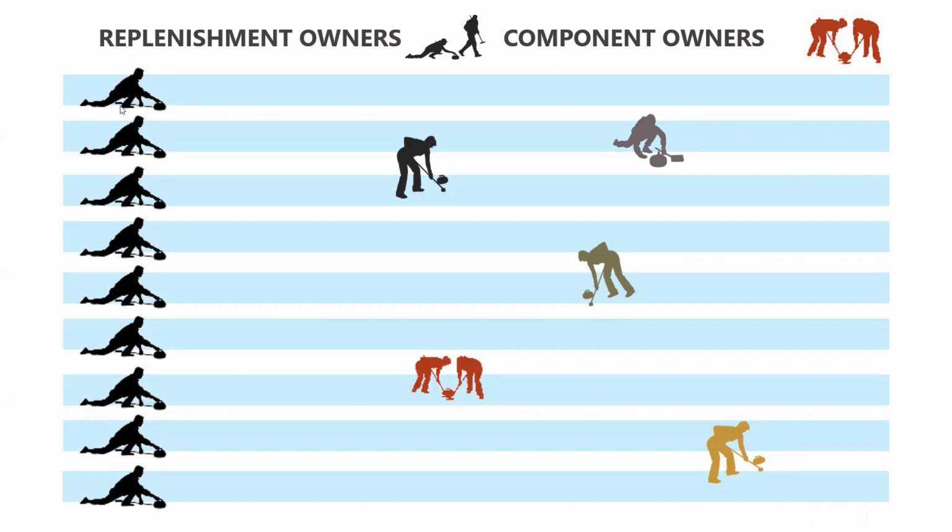Replenishment owners are still doing their thing. The component owners are coming along, scraping, refining, adjusting, some big bold changes, some little small changes. There's so many things they can do. There's so much data now that shows us what's what. When you look at that picture, does that make sense to you? Makes sense to me. And again, we'll go back to the word specialization. Specialization does not mean working in a silo. It means being focused, being an expert in a common area, demand forecast, lead time, order cycle, service level, or some others, and being collaborative in your approach